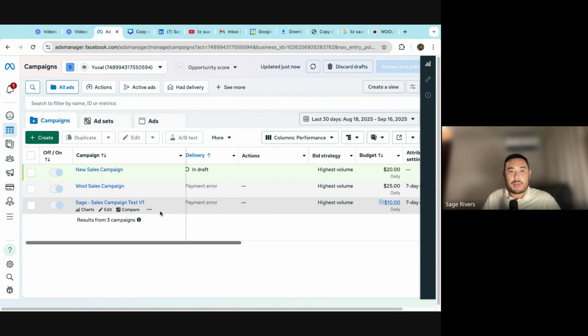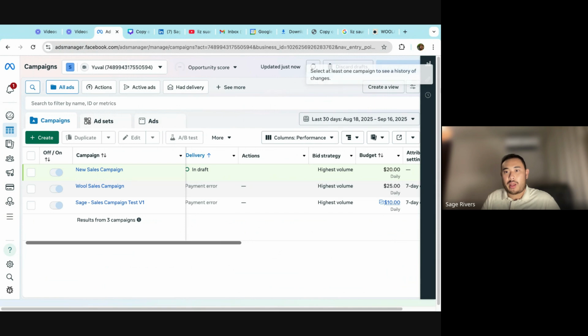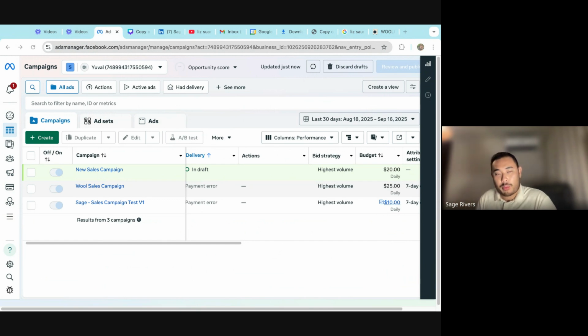But if you don't have data, if you don't test this correctly, if you don't do this right, how are you ever going to see success? You're never going to see it. And so this is a lesson for you to take. If you're looking to go out and you want to start on Meta Ads right now, all you need to do is go on that Meta Ads Manager, link up your card, and make sure that all of these things, from your pixel to your audience to your sales campaign, are set up, which I would recommend doing as an Advantage Plus campaign, because it allows you to get on more placements